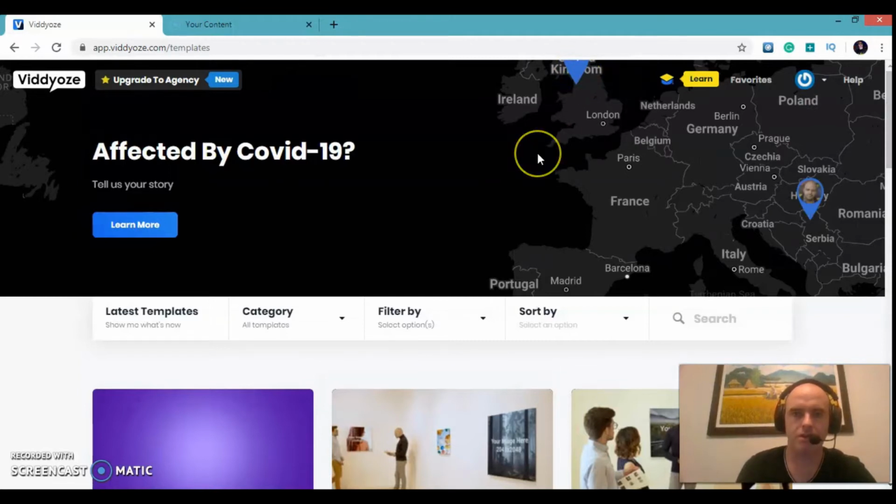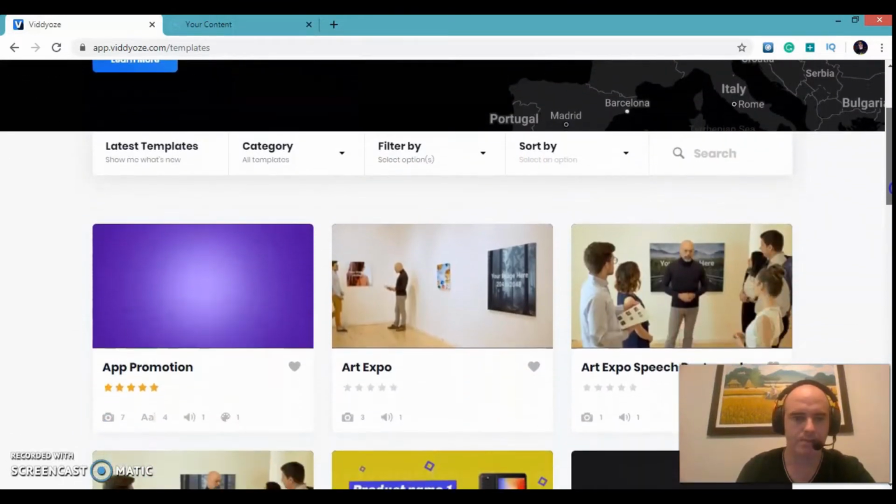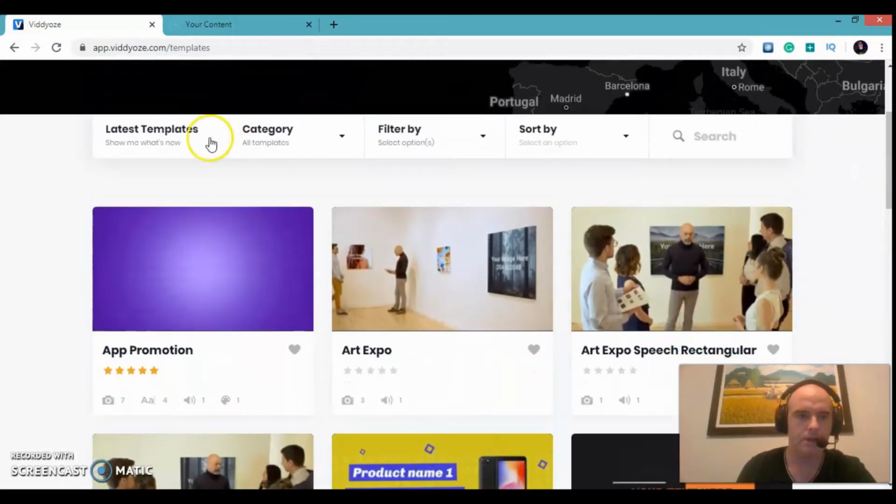So as you can see, it's a pretty simple site that you come onto when you log in, when you have your details. Everything is here. You have your latest templates, categories, filters, sort by. Everything's pretty well laid out. So if you look on the latest templates,